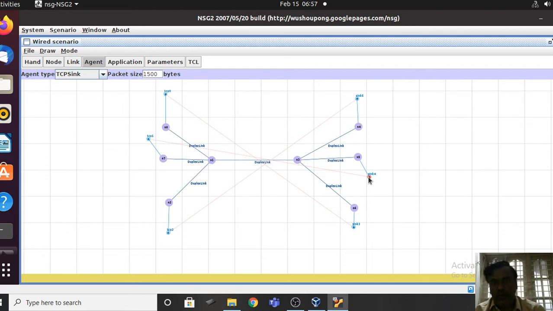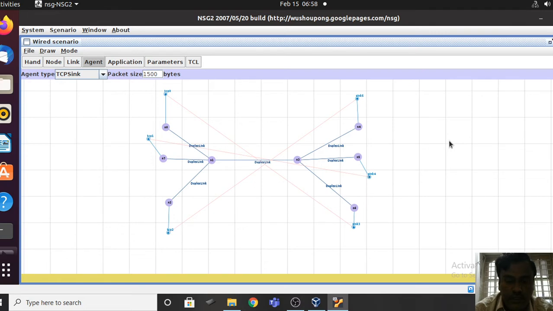Adding the agents at the source side and destination side and establishing a link between the source agents and destination agents is completed right now.